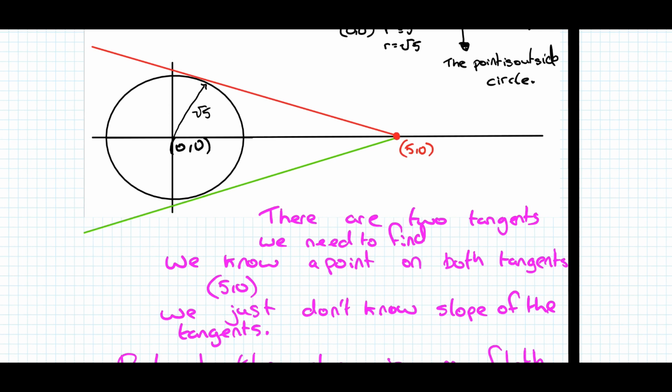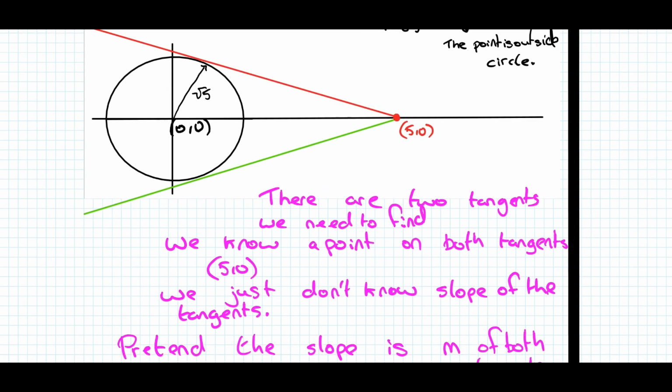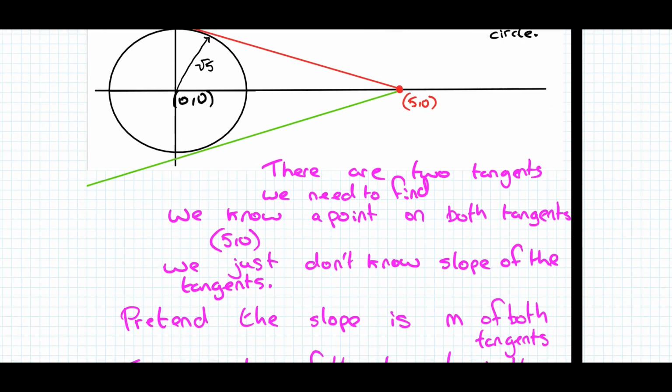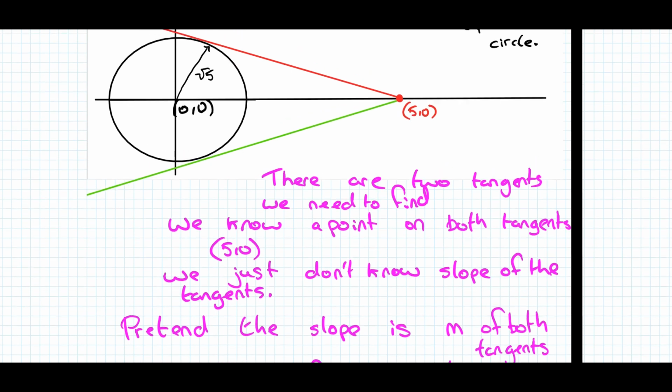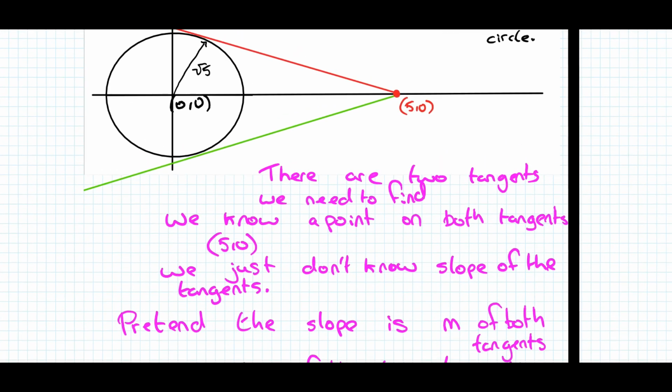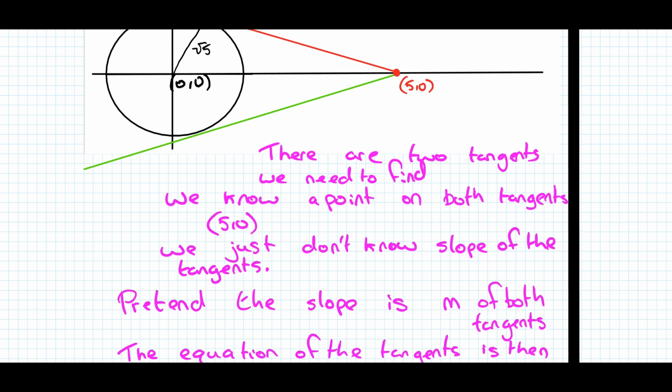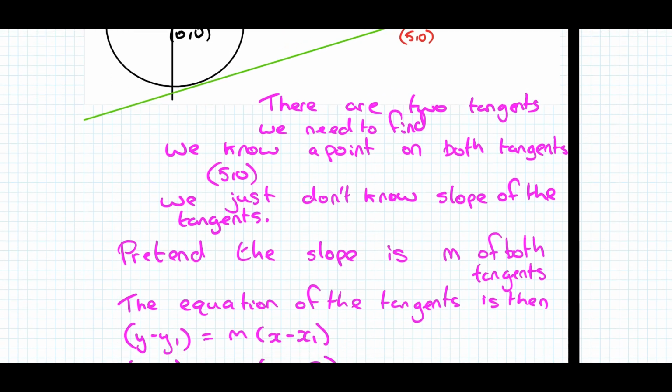Remember, what do we need to find the equation of a line? We need a point and we need the slope. So we're going to pretend that the slope is m for both of the tangents. m is the slope. I'm just going to say, let it be m for the time being. The equation of the tangents is